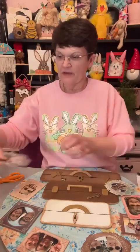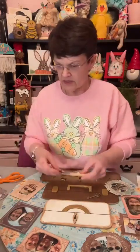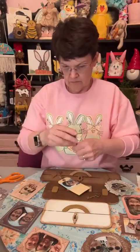I'm just going to kind of put this up underneath here a little bit, let it hang off, and put travel on there. And we've got one picture, but I just think the silver doesn't go with that, so I really don't want it on there. So I think I'm just going to write travel on here if I can find my pen. I'm going to do it kind of like this. Because last year I went to 3 different crafting events. And so I traveled and I met all these great people. Travel,